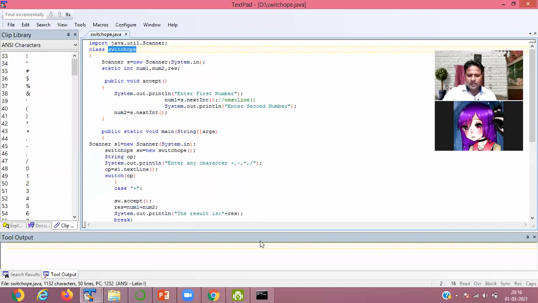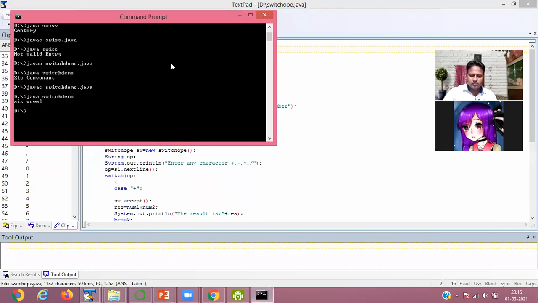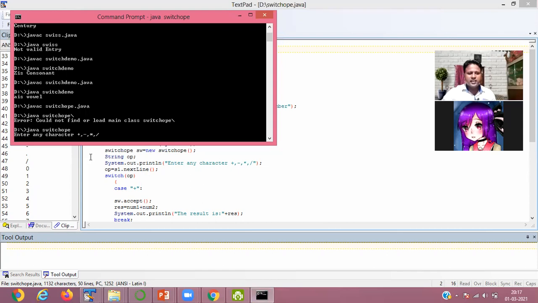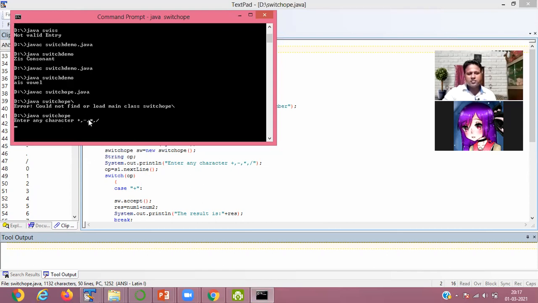Now, how is it working? It is asking you for any character: plus, minus, multiplication, and division.